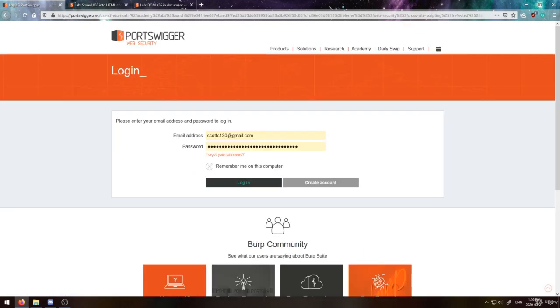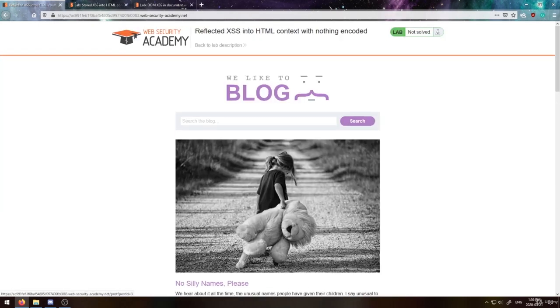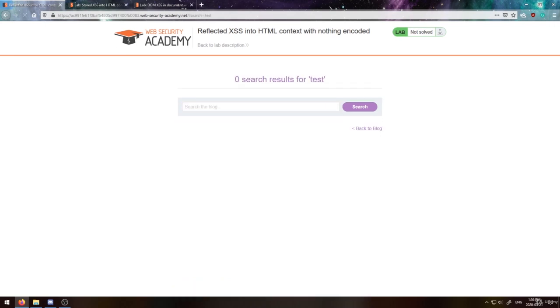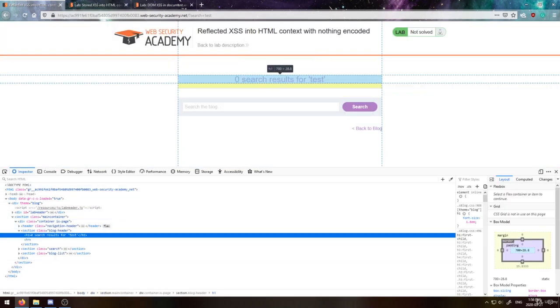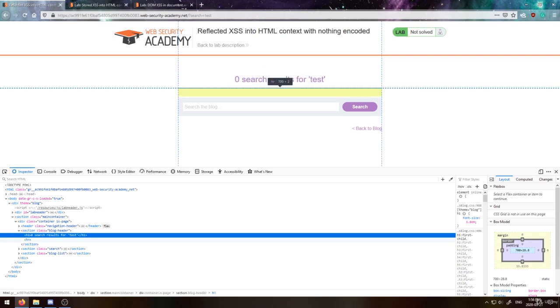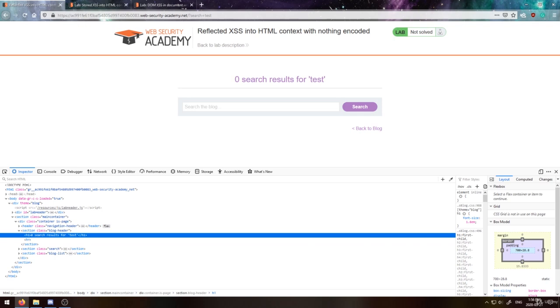So let's go ahead and access the lab and take a look at the information here. Let's give it a minute to log in. Essentially, what's happening in this blog is when we search for something, say test, you'll see it says results for test, right? If we inspect the element here, we can see that it writes whatever we wrote into this header. So we are able to write whatever we want into this header, which means that we can actually write JavaScript code. For example, if I pipe in something like this, script alert 1